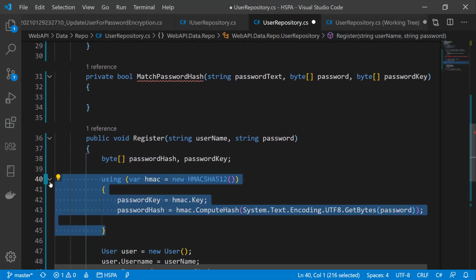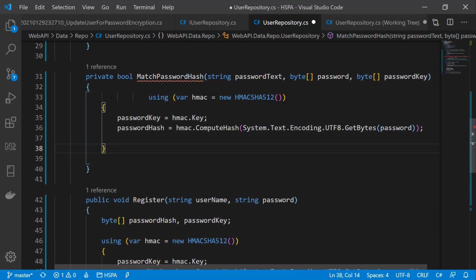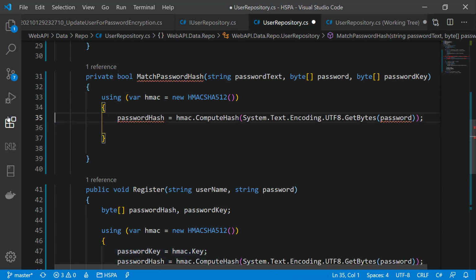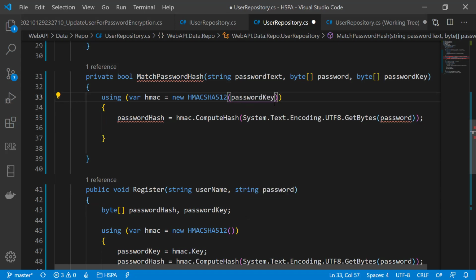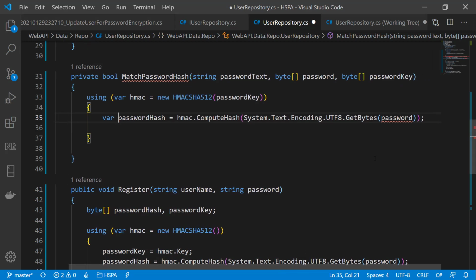Let's copy this code that we are using to generate the hash and make the changes for our authenticate method. Here we do not need to generate a password key, because this time we will pass the password key parameter in the constructor so that our password hash is generated with the same key. Store this in a variable and change it to password text.